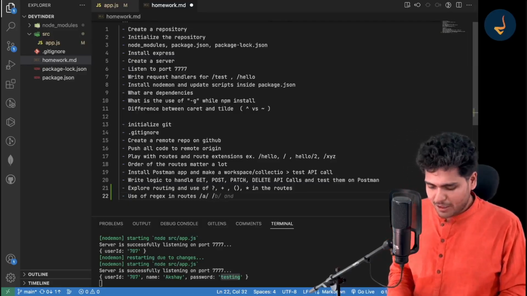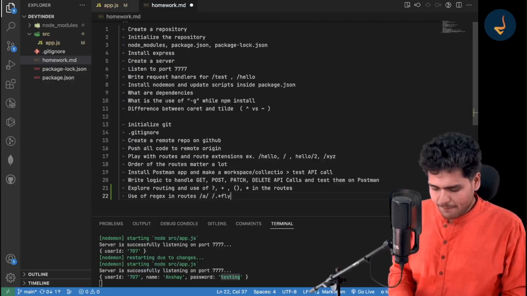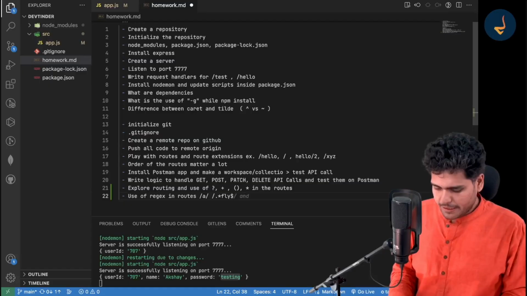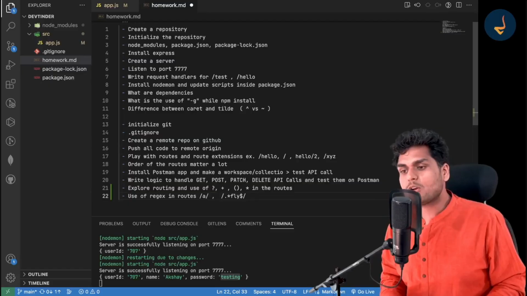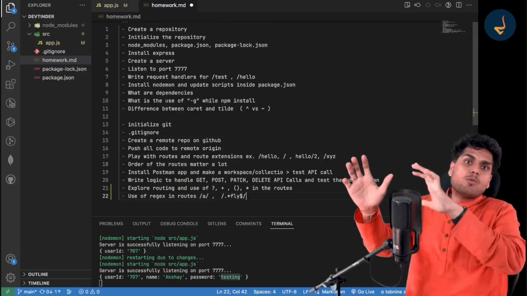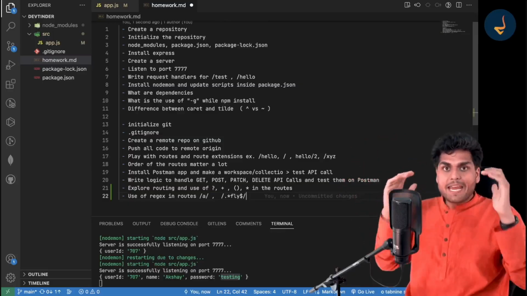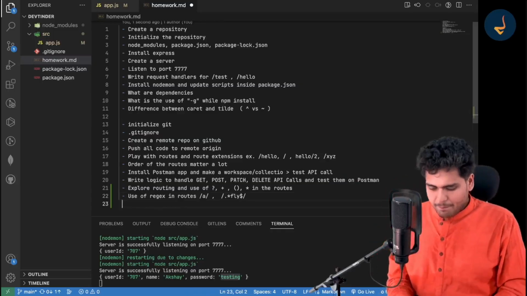Slash a, and then I took an example, star dot star fly, and then dollar, and then slash. You can try out these regex, and you can create your own regex also. And go to the Express documentation, read more about routing. It will make your understanding even clearer. And then how to